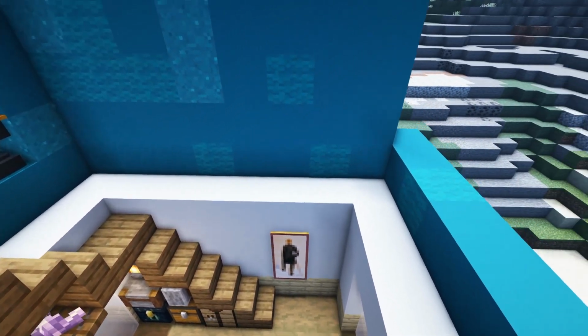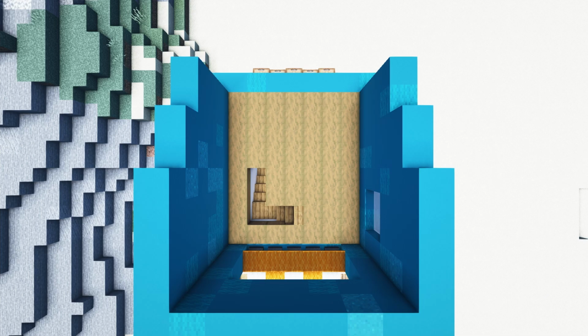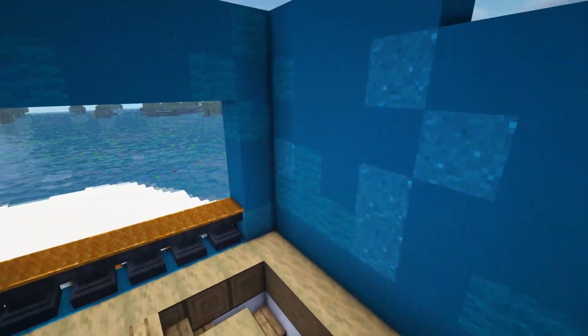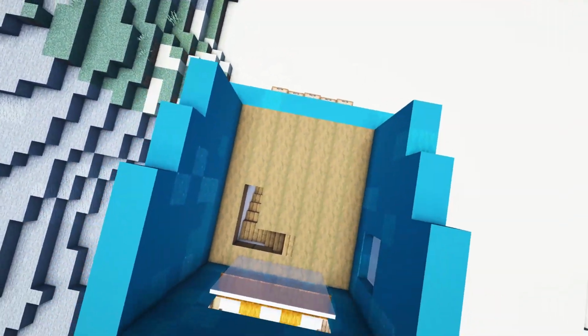For the final floor of the building that will act as a bedroom, start by adding a floor of horizontal strip spruce logs on top of the white concrete, making sure not to block the stairs. In front of the 5 anvils at the back of the building, add a 5x4 window of white stained glass panes. Next, add a layer of birch planks around the bottom of the walls, making sure not to block any